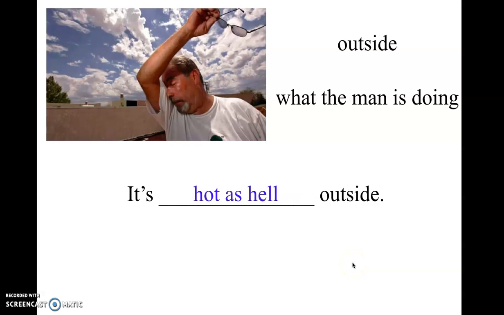Another one you might hear, it's hot as hell outside, right? Now you have to be careful with this one, depending on who you're around and who you're talking to. They may not appreciate you using this word. It's not really a bad word, right? But they may not like it nonetheless. Hell in religion, in Christianity, is the place that we would say that bad people are sent. And if you see cartoons of it, there's always fire and flames, and it's very hot. So that's where this idiom comes from, comparing hell with the outside. Again, be careful using this one, but you can say it's like an oven outside or it's like a sauna outside.